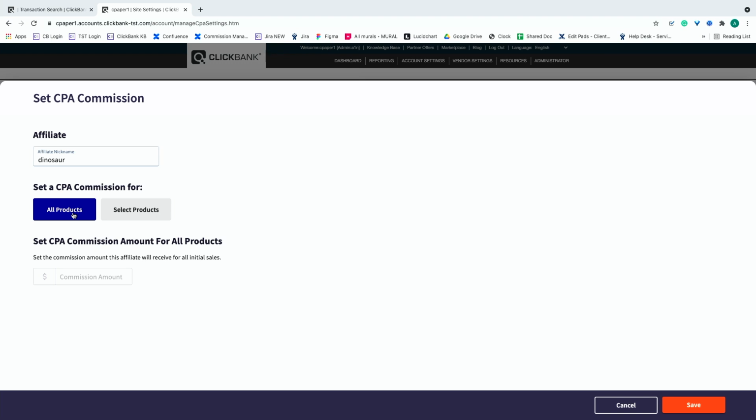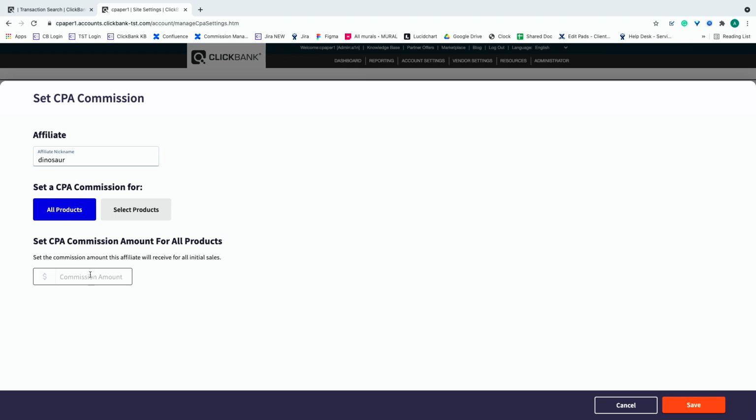And this would be most useful if you have really one front-end offer or variations of products, but they're really all the same front-end offer. Or even if you have different ones, but they're all about the same value. So if you wanted to just conveniently set a single CPA amount that applies to all, that would be how